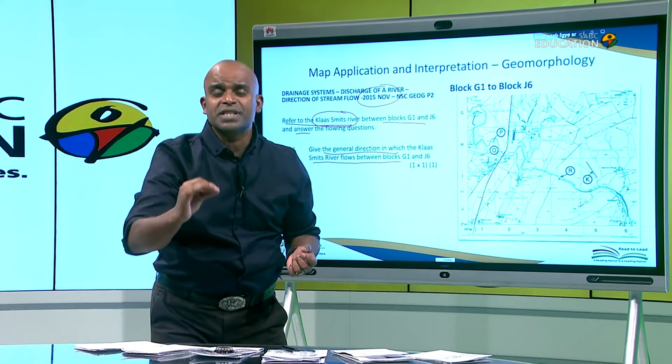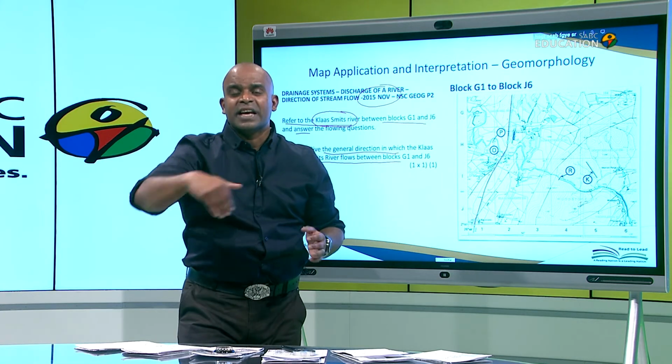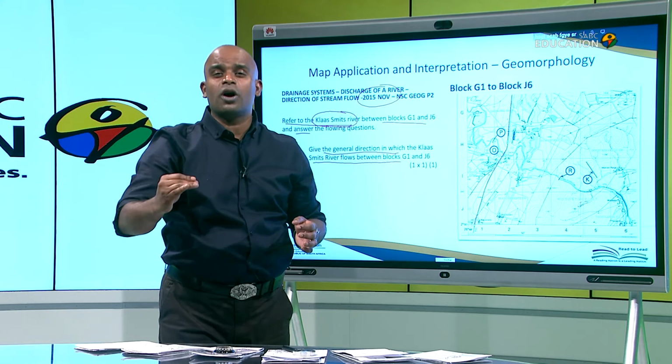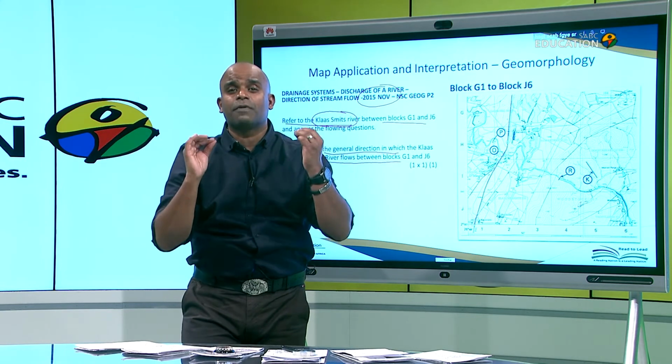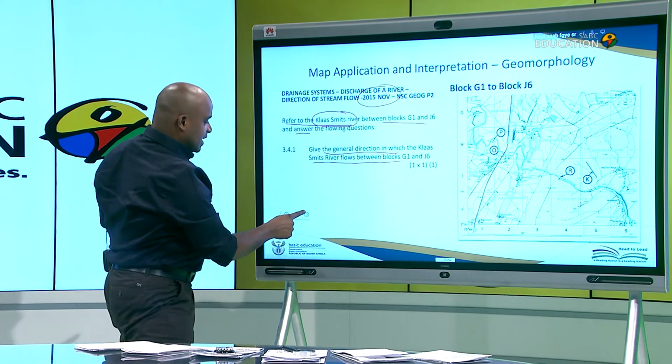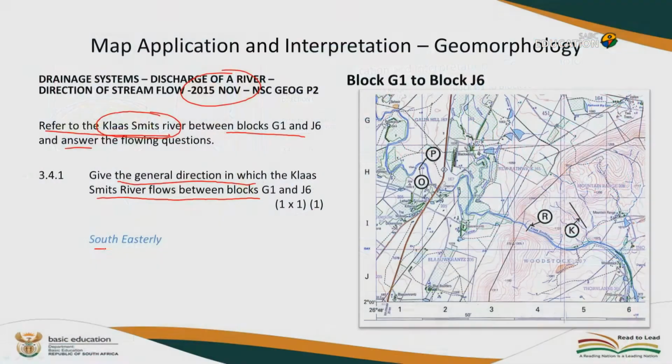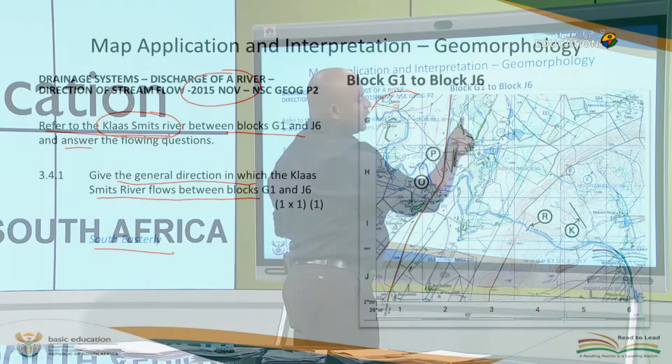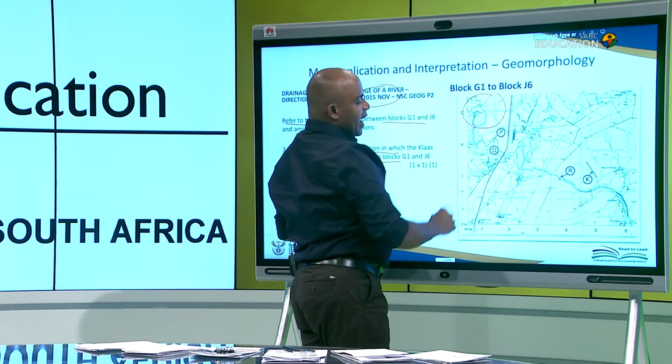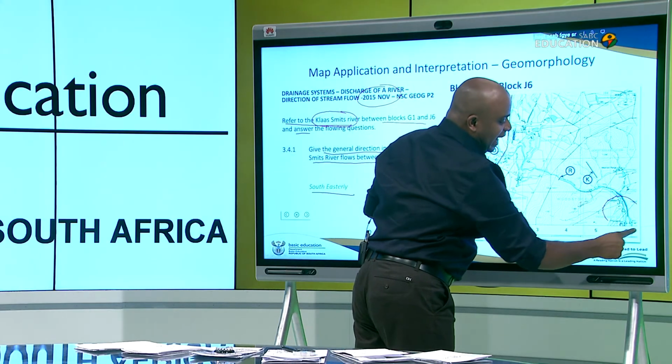And how do you do this? Notice the contours. The arrangement and heights of the contours would suggest the direction of flow of the river. In this particular example, we've established a southeasterly direction. Note in this example, we've got an extract of a map, and you are required to determine a general